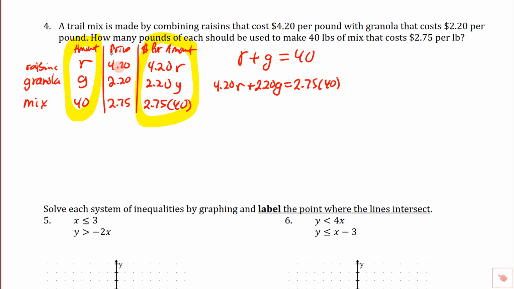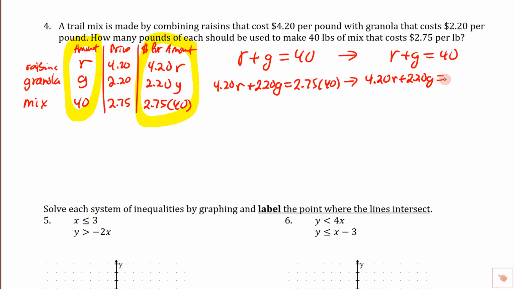So this is the same thing that you'd end up with over here. It's just that some people like organizing it in a table, and other people like doing it a different way. Either one is fine. I like both of them. So let's finish solving this because we arrive at the same set of equations either way. I'm going to take this one and write R plus G is equal to 40. And then on this one, we're going to write 4.20R plus